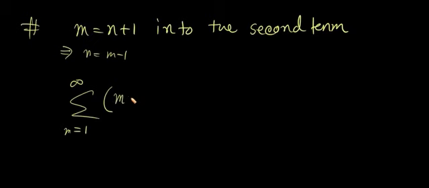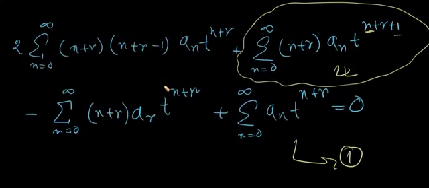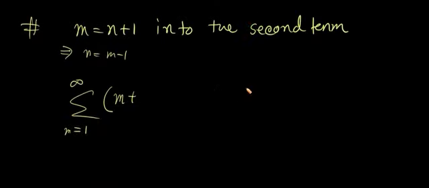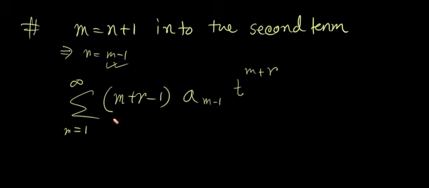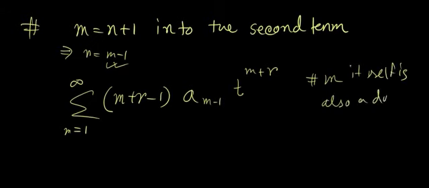So m plus r minus 1. Now I'm just substituting the value of n, that is this guy. So instead of a of n, you will have a of m minus 1, and finally you will have t to the power m plus r, right? But m itself is a dummy variable,